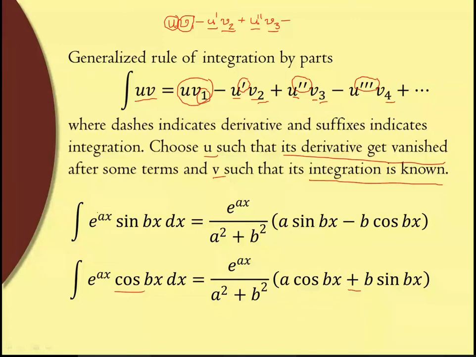Okay, here we cannot use the generalized rule because the derivative of no term vanishes. The derivative of e raised to ax will not vanish. The derivative of sine and cos also will not vanish. So we cannot choose u or v, and there the generalized formula is not useful. Okay, you cannot use it in these two cases. So for these standard functions we use these two formulas. Okay, now I'll take a problem and we'll see how to make use of these formulas and definitions to get the solution.